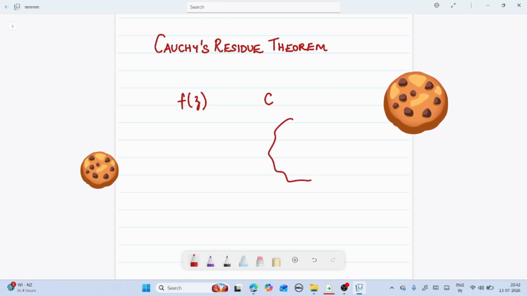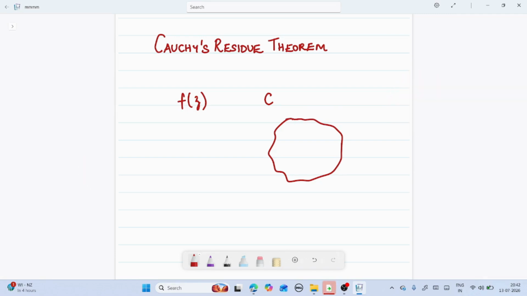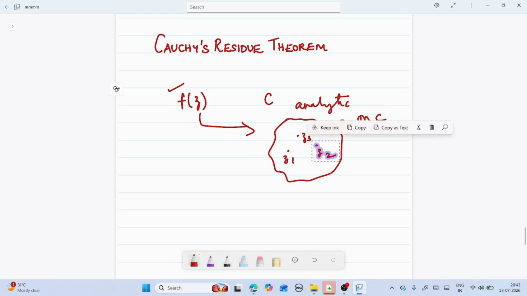So let us consider this closed curve C. This is how it is. Again, around z2, we will have a small neighborhood, and also around z3, you will have a small neighborhood, and these neighborhoods are not intersecting each other. So now, what does Cauchy's residue theorem help us to do? Instead of integrating f of z at every point on the curve, it will help us just find the residues at the points z1, z2, z3 and sum them up.